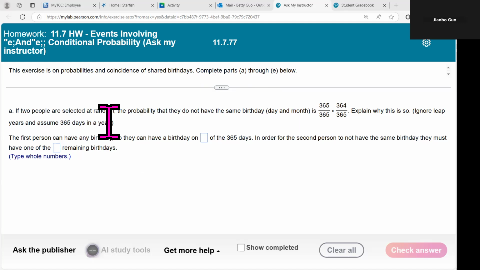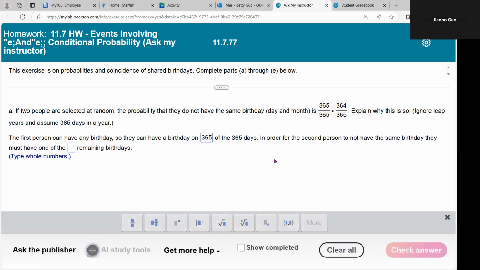If 2 people are selected at random, the probability that they do not have the same birthday is the multiplication of those 2 fractions. Explain why this is so. Ignore leap years and assume 365 days in a year. The first person can have any birthday, so they can have a birthday on 365 days. In order for the second person to not have the same birthday, they must have one of the